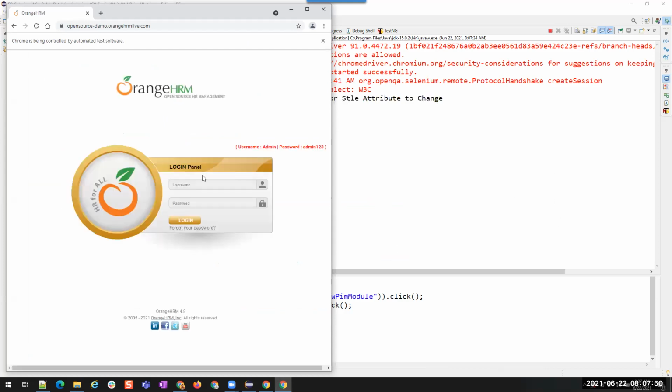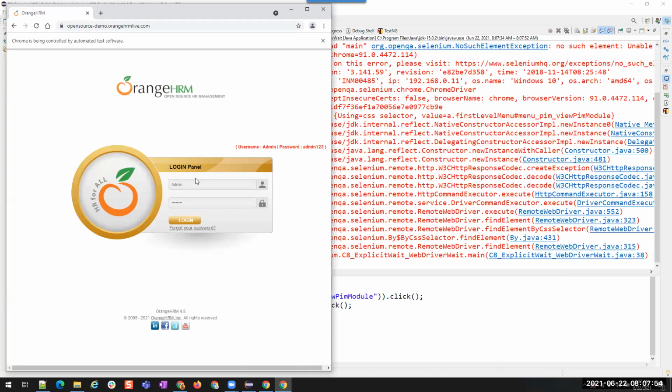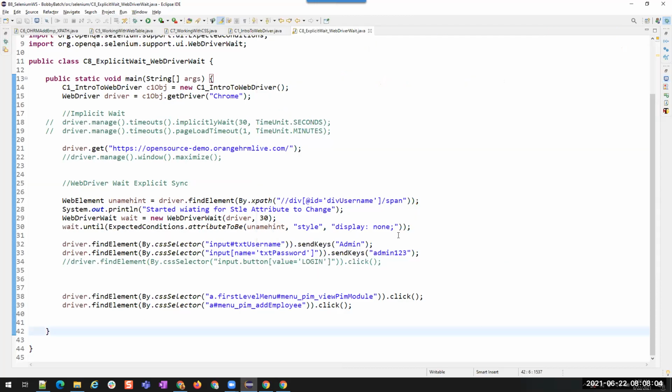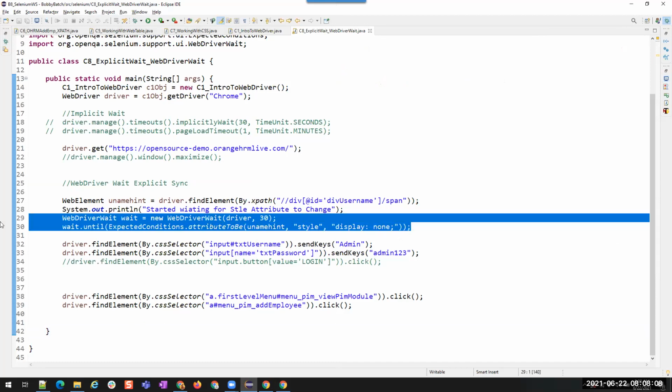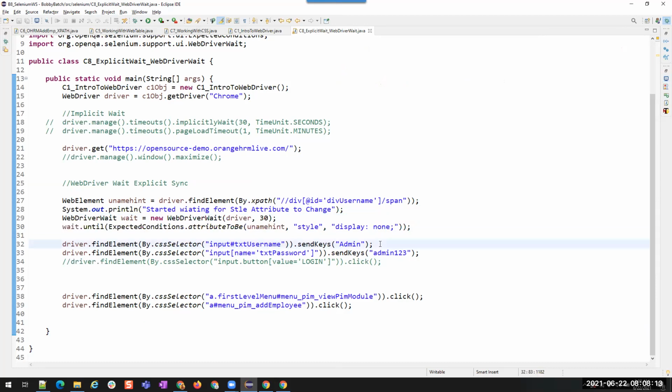Okay, it is waiting for the attribute to change. I'll click on it. You see, did it enter the username and password? Yeah. But earlier it did not, because this expected condition, this synchronization, didn't happen earlier. Now it happened. Is that clear now?